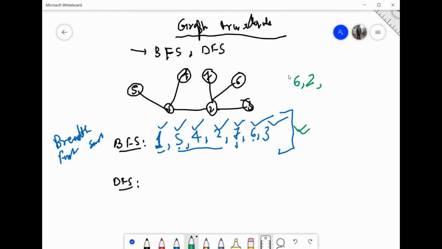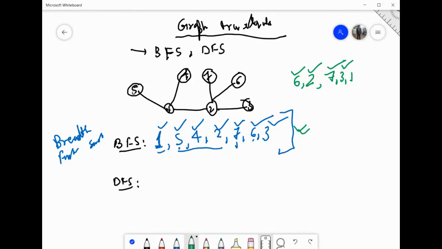Okay. Now I've started, 6 is done. Now next is 2. So you have to visit all the adjacent nodes of 2. 2 के adjacent nodes क्या क्या है? 1, 7, 6, 3. You can visit them in any order. 7 or 6 already है. So next 7, 3, and 1. Okay. So 2 is also done. Next is 7. 7 का adjacent node is 2 only. It is already in the output. You don't have to do anything. Next is 3. 3 का adjacent node is 2 only. It is already in the output. You don't have to do anything.